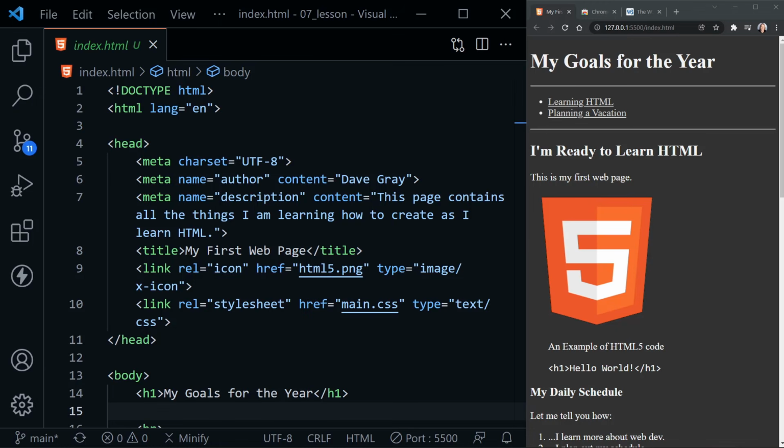Documents need organization, and our HTML files are no different. HTML achieves document organization with semantics. In this lesson, we're going to improve our code with the semantic HTML layout. Let's get started. I've got Visual Studio Code here on the left with our index.html open, and on the right,